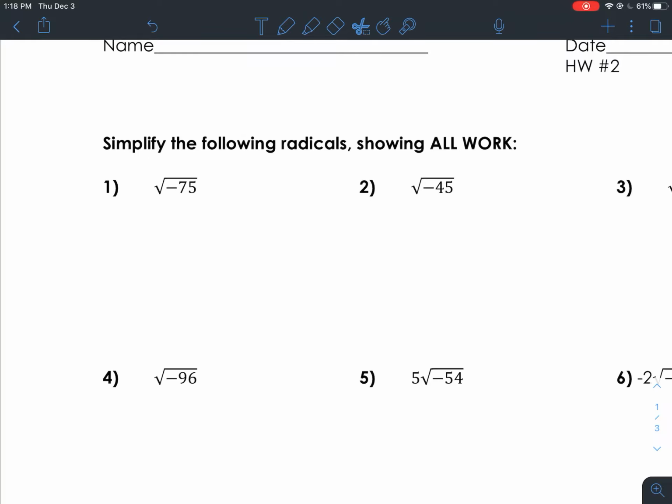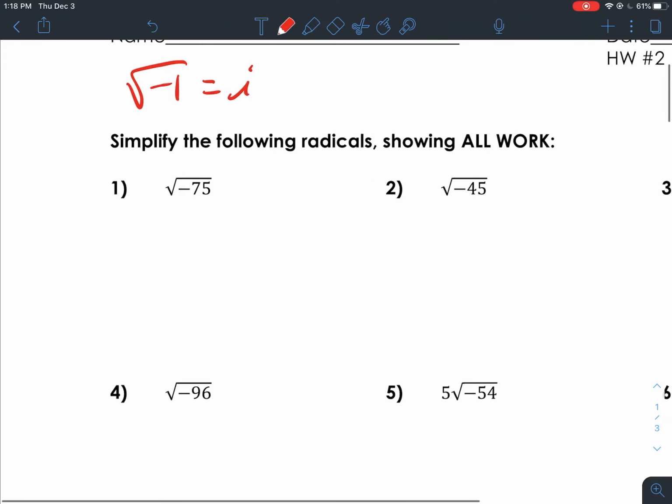So today I'm going over a couple problems from the homework. You should have watched the Edpuzzle. These are examples that go along with the Edpuzzle, all right? So kind of the big piece of information you need to complete this worksheet is the idea that the square root of -1 equals i, all right? So we're going to use this idea along with our idea of perfect squares to break down these